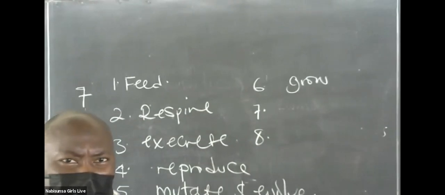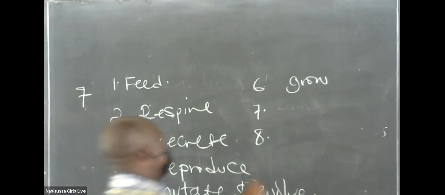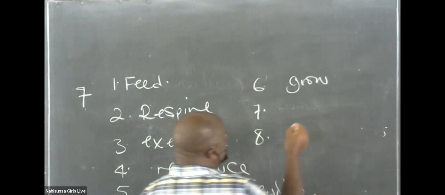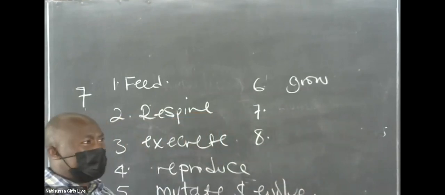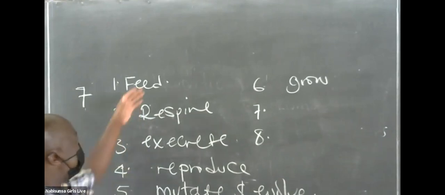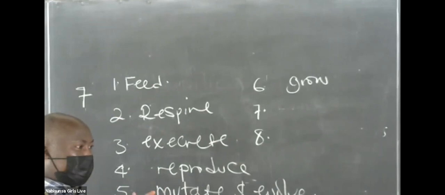Living things locomote. I would have used that word. We use the word locomote, but when we are looking at characteristics of living things, remember we said that this one should be able to apply to all organisms. I get it, eh? They should be able to apply to all organisms.